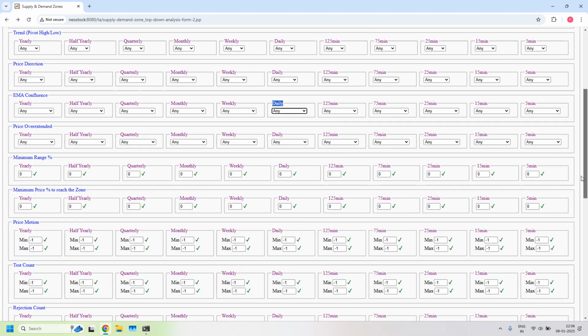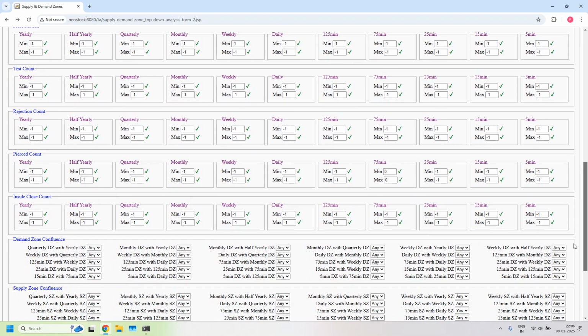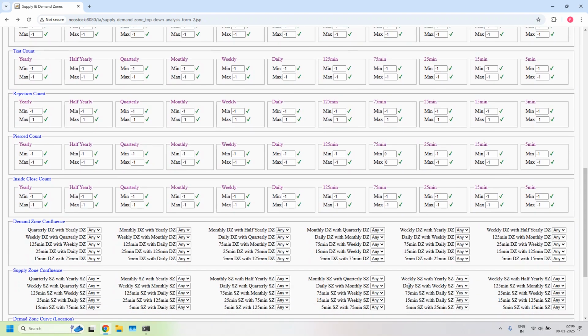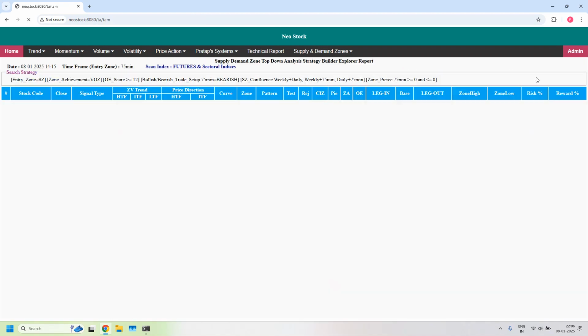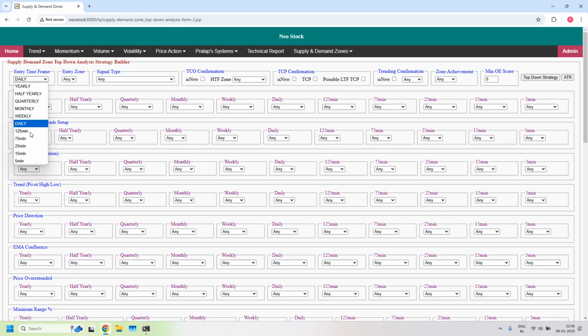I am removing the EMA filter. So in the supply zone confluence, 3 filters we have to set. This is the first one, already enabled. Next, 75 with weekly supply zone confluence, daily with weekly supply zone confluence. With all the 3 filters, LTF, ITF, HTF supply zone, we don't have any stocks. So this is the bearish trade setup for weekly income trade. Next, bullish trade setup, daily income trade, entry time frame 15 minutes, entry zone, demand zone, bullish